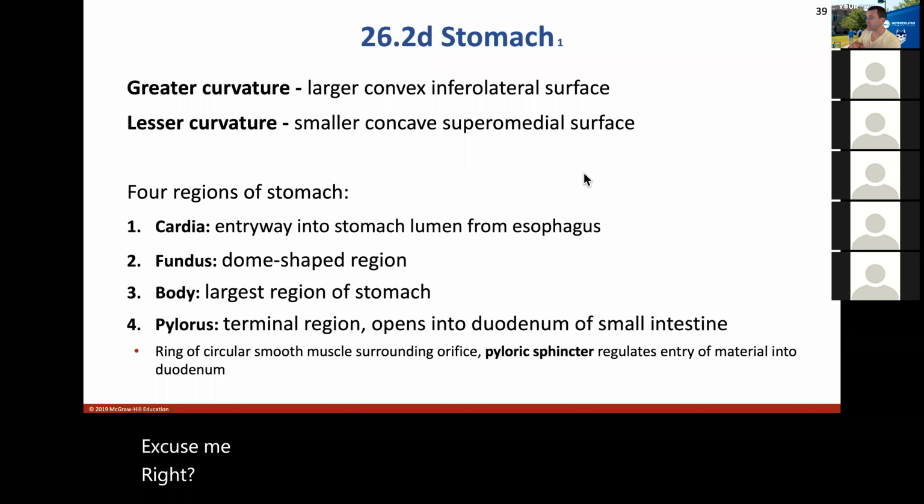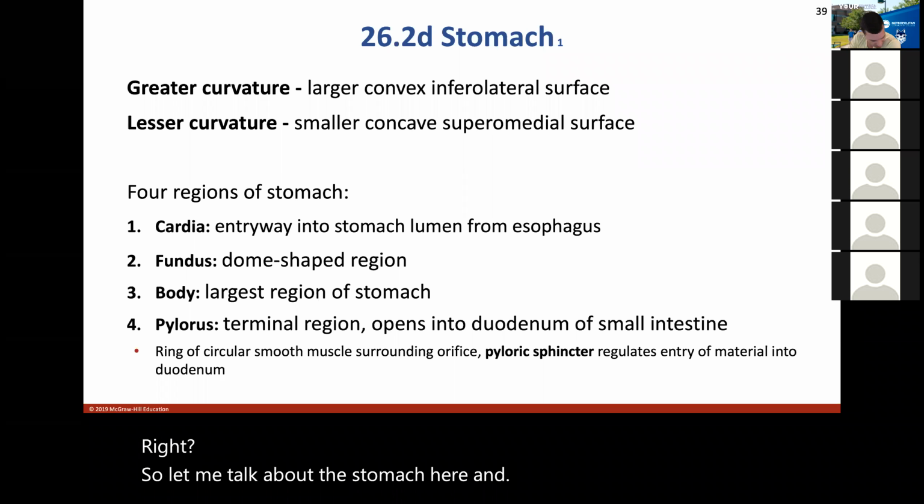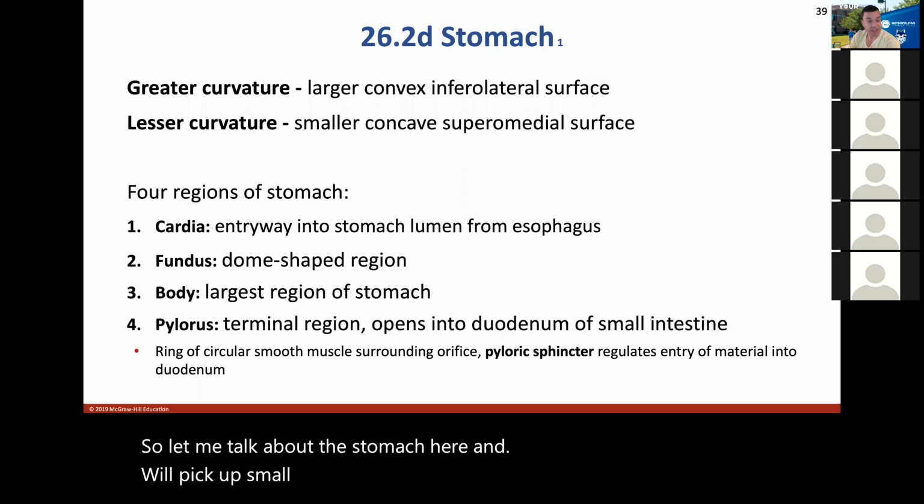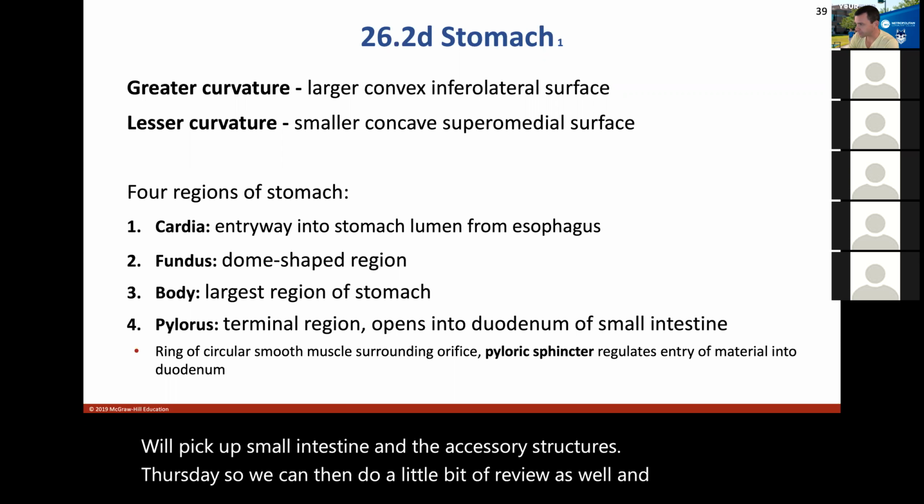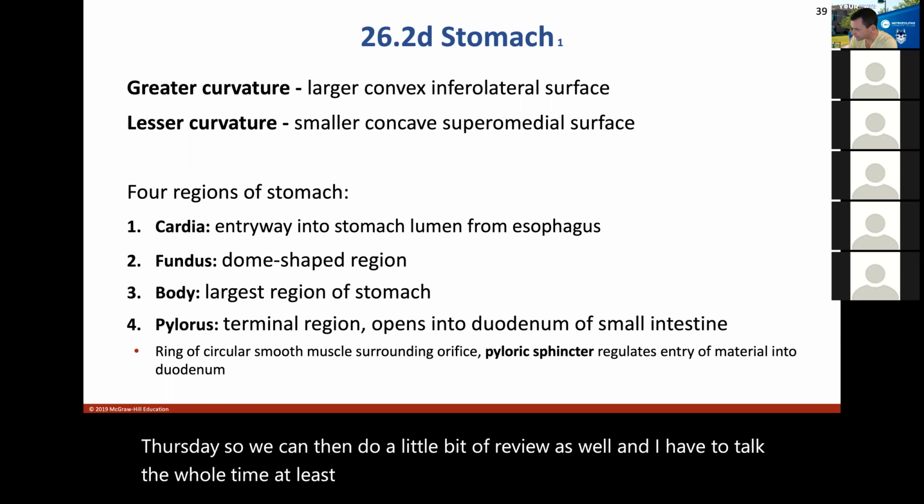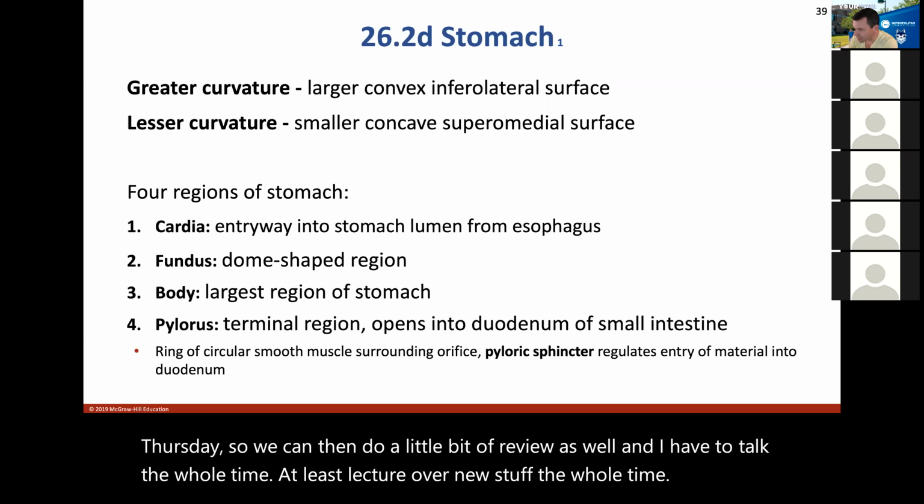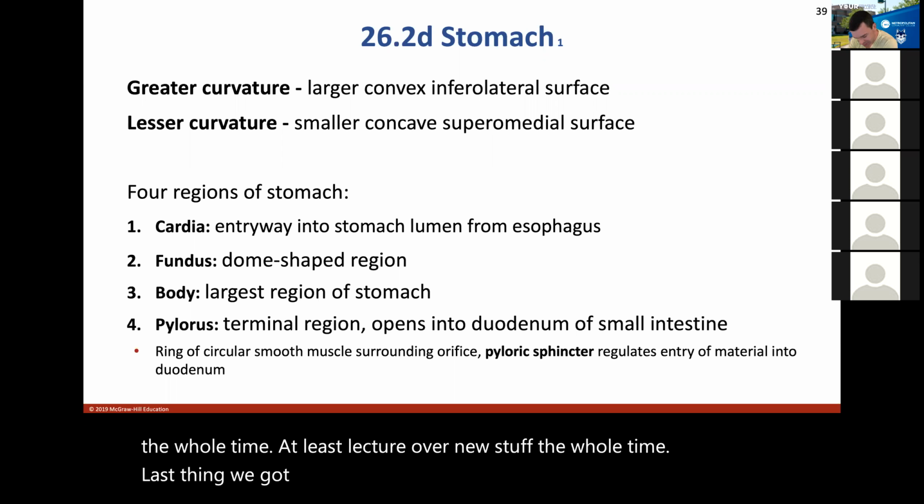Talk about the stomach here, and we'll pick up the small intestine and the accessory structures Thursday, so we can then do a little bit of review as well. And I don't have to lecture over new stuff the whole time. Last thing we've got here in terms of the digestive system is where all of the